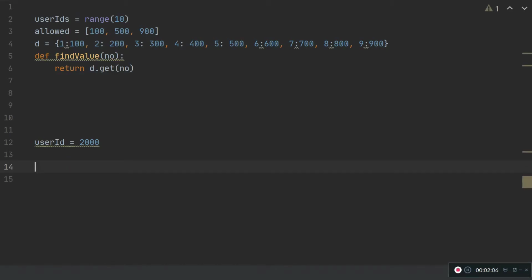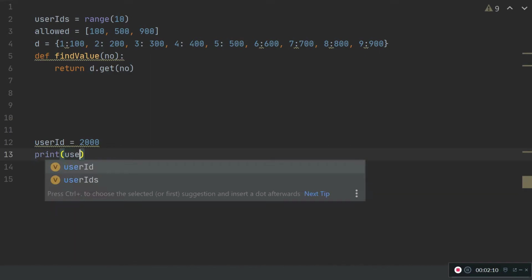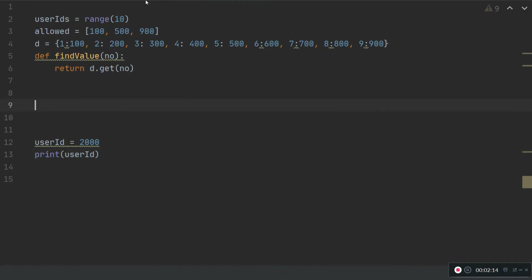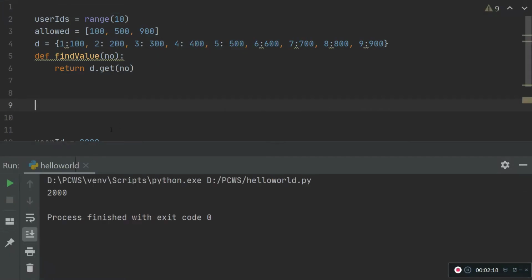In this case, when I use a user ID, how can we print it like this? User ID. Let me execute this one. Run. Yeah. So when I use the assignment operator, I can use it like this.